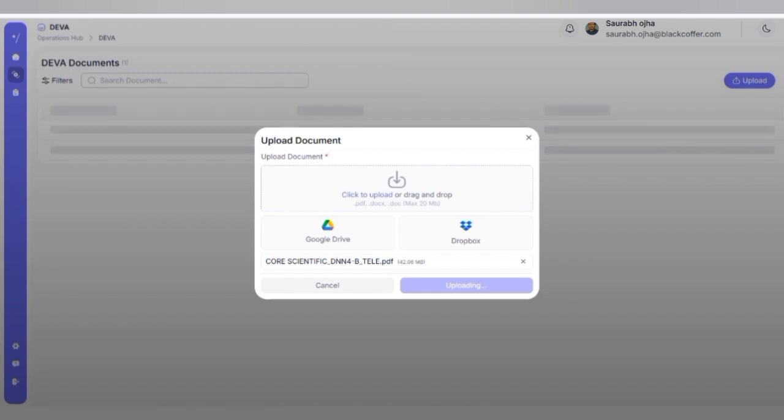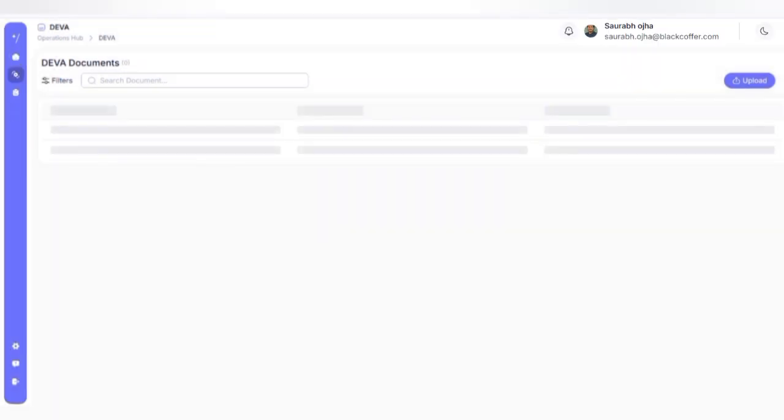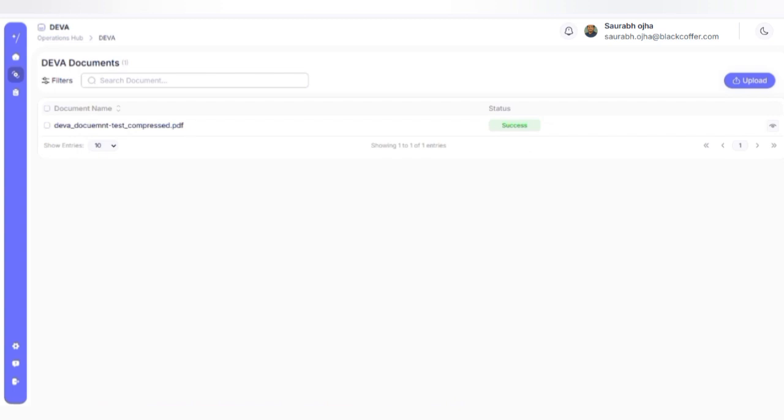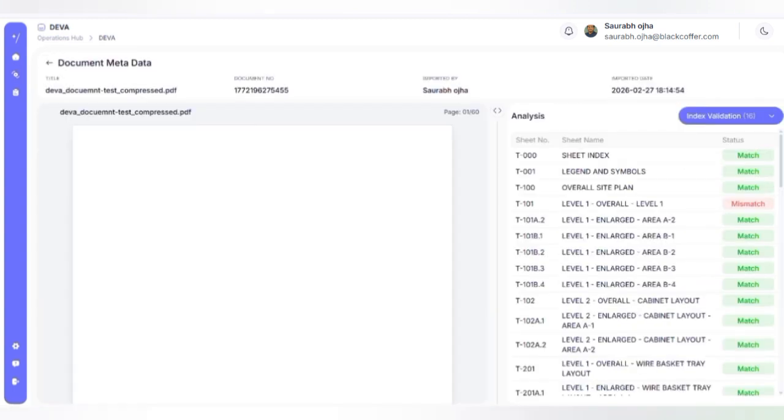Here the document is based on engineering, CAD designing, computer data designs. This Deva document section works as a core component for sheet index validation and symbol detection. And it lists down the documents and the status, basically success. Once the document is completed,